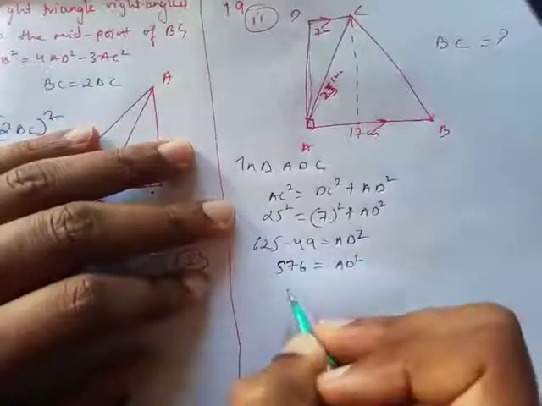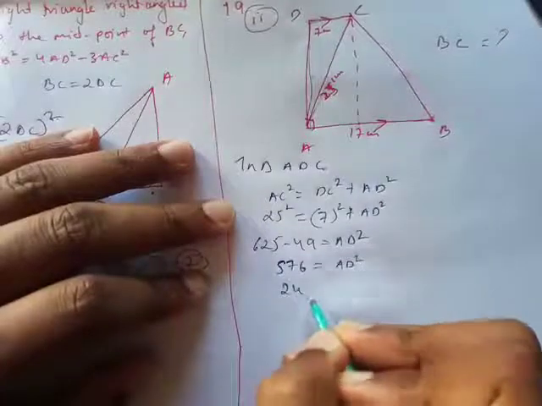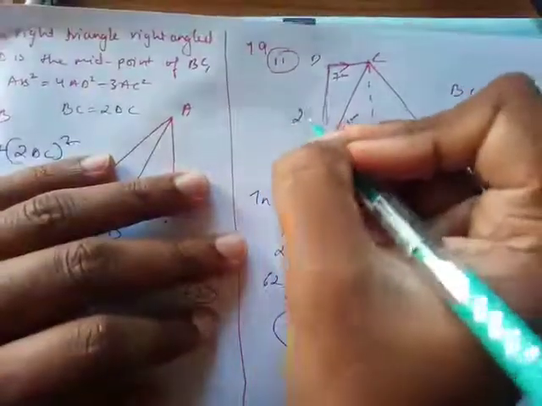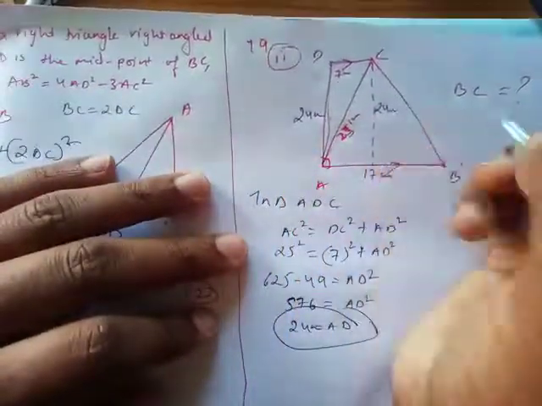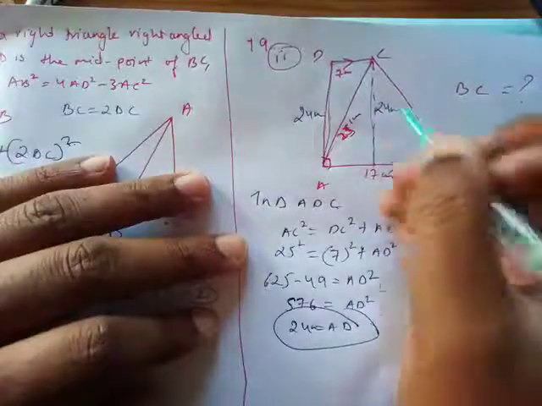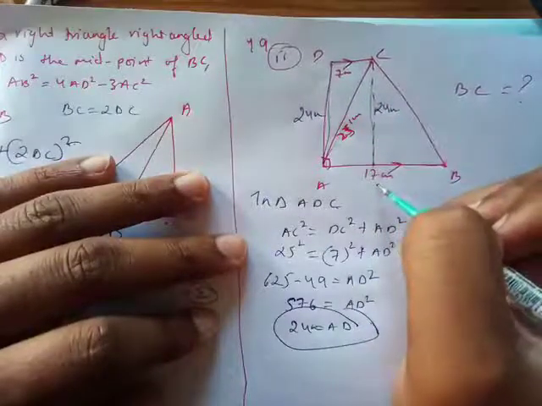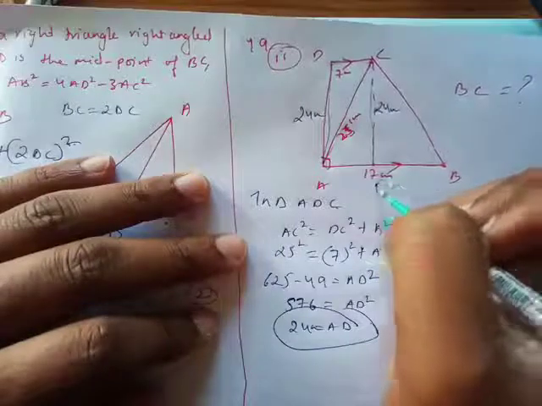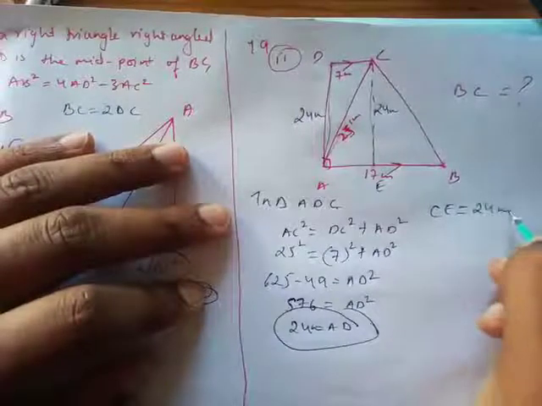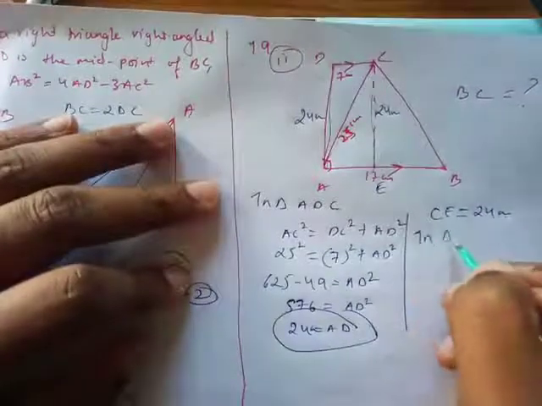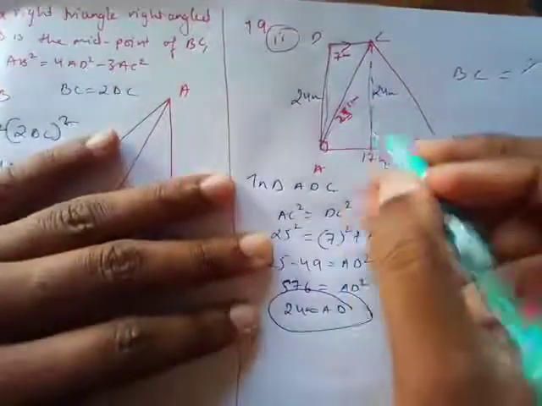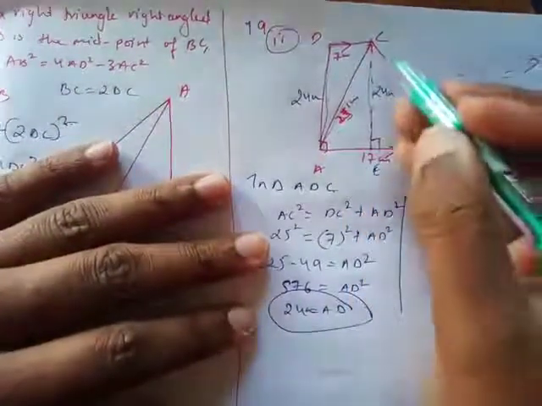Now AD square goes to the other side, and you will find that the square root of 576 is 24, so I have AD as 24 centimeter. So this is 24 centimeter. So this is also going to be 24 centimeter. This line. But my ultimate goal is finding BC. Now if you see this, this can be a line, let's say E. CE is also 24. Now I'll have a look in triangle EBC. So this is also a right angle triangle, and then I'm going to find this one.